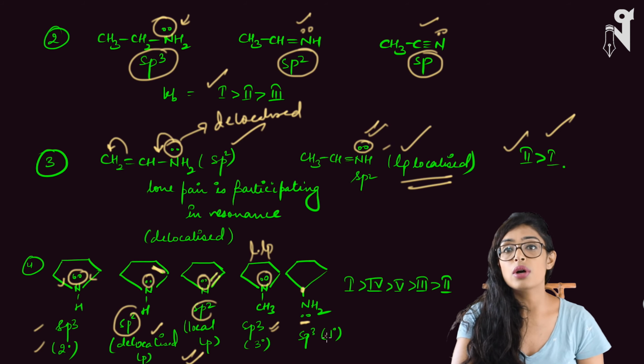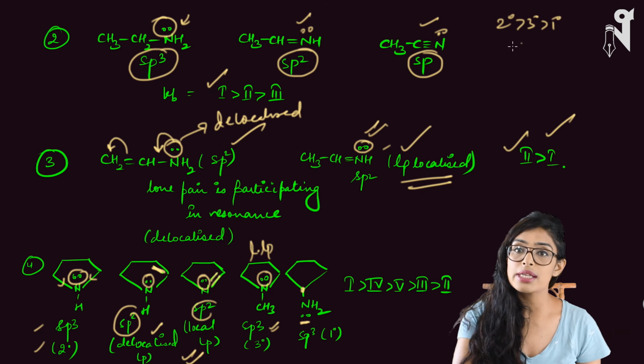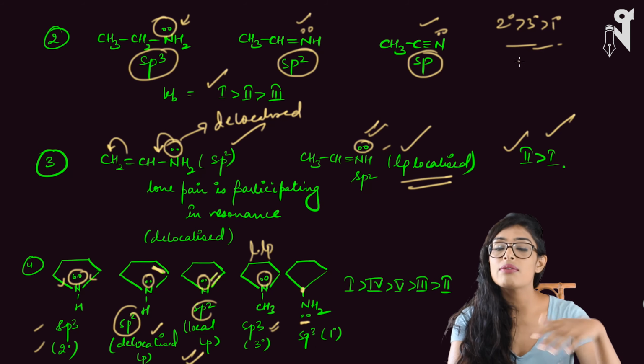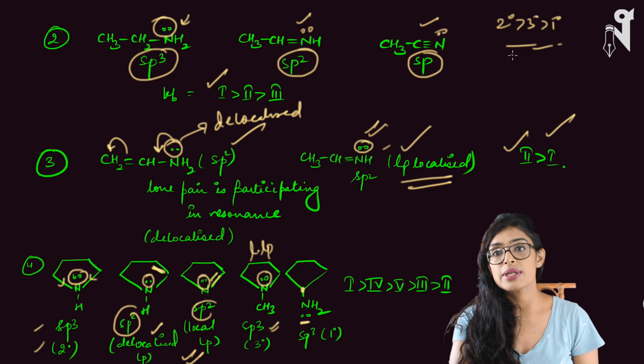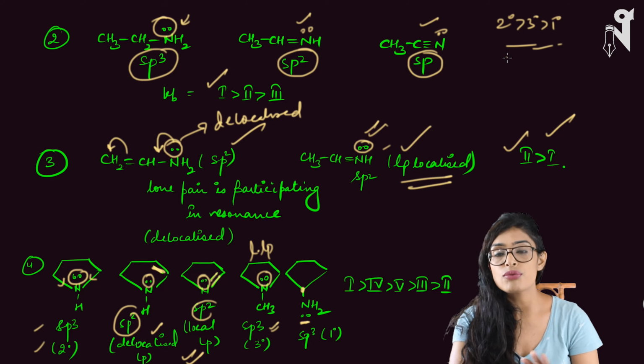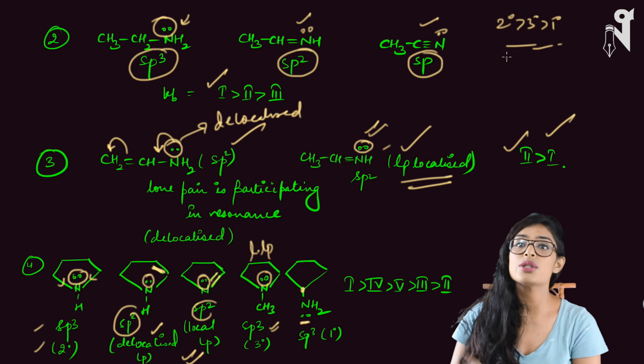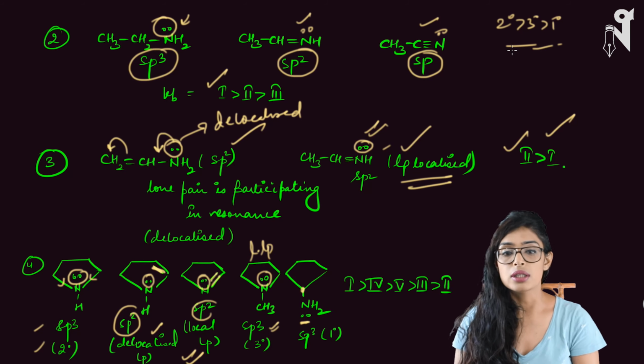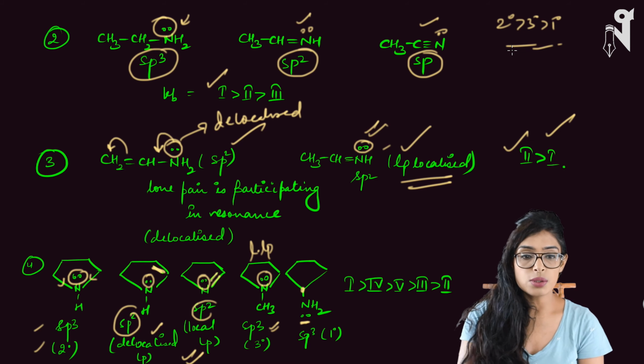First of all, we should know the order. It should be secondary, then tertiary, and then primary. Okay, and then we have to look where is the localized one, where is the delocalized one. Localized ones have more basicity. Delocalized electron pairs have lesser basicity. That is all we have to keep in mind, and then arrange them in the basic strength order. So first of all, look at the first one.